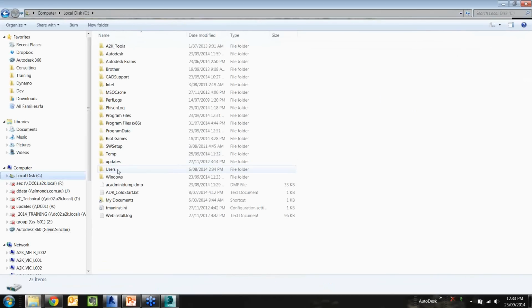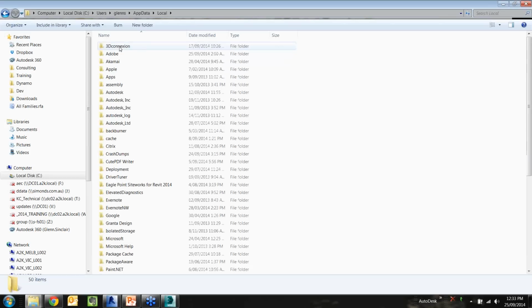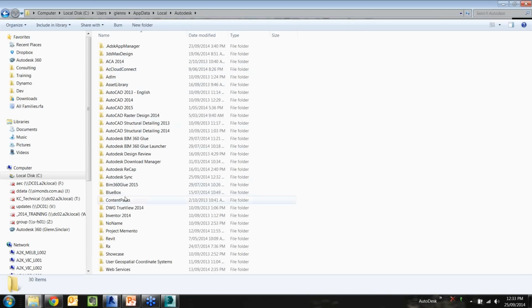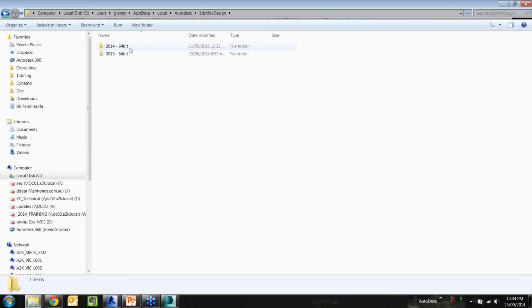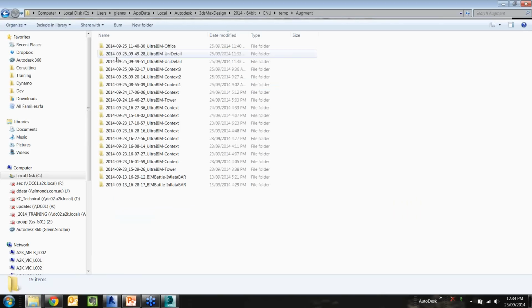Those files are stored under the user drive, I think it's AppData, Local, Autodesk. I had that written down somewhere. Oh yep, Autodesk, 3ds Max, 2014, ENU, temp. Here in the temp folder, there's the Augment app area. It's going to create one of these little dated subfolders for each augmentation that it does, and it needs to save out all of the